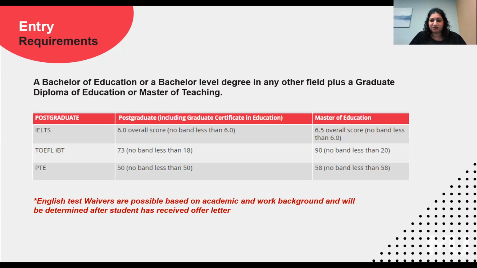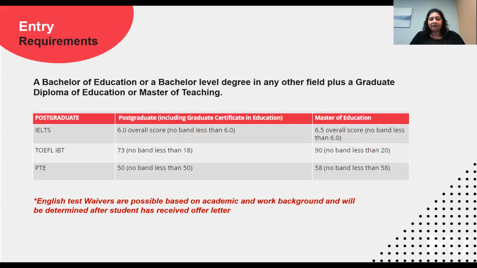We are obviously very flexible with that as well. We take into consideration the experience. If you've been a teacher for a very long time, that would be considered as well. We also have an English requirement, but again, that depends on many factors: your academic background, the language of your country, your native language, all of which we will determine at a later point. If you have done any English test earlier, great. If not, we'll let you know if it is required at a later stage.